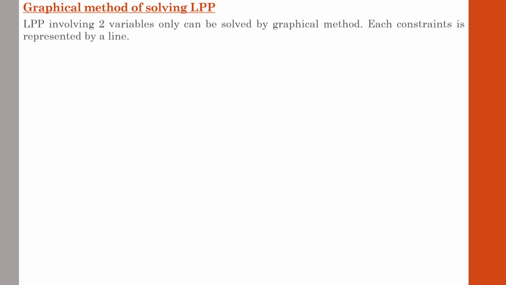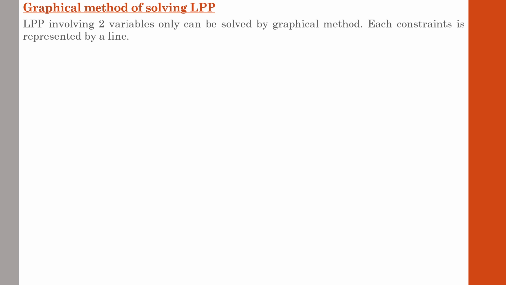An LPP involving two variables can be solved by the graphical method. Remember, the graphical method is not an ultimate solution when the LPP consists of more than two variables. It can deal with the cases of having two variables only. Beyond that, we can't rely on the graphical method. So an LPP involving two variables can be solved by the graphical method. As we all know, this method is very easy to apply. Everyone can work out an LPP using a graph.